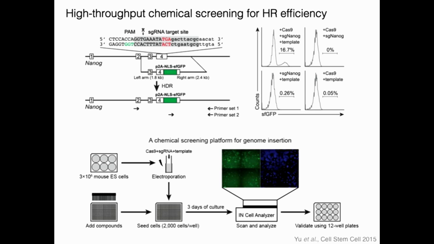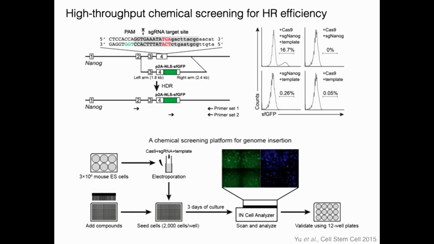It's just a very fluorescent, superfluorescent form of GFP. And if this integrates, you get this repair event where, under the Nanog promoter, you can drive the Nanog gene, but also an NLS SFGFP. And so if you look at these box plots, you essentially have these controls where you get very low levels of background, but when you introduce the Cas9, your guide RNA targeting Nanog, and your donor template, you get roughly